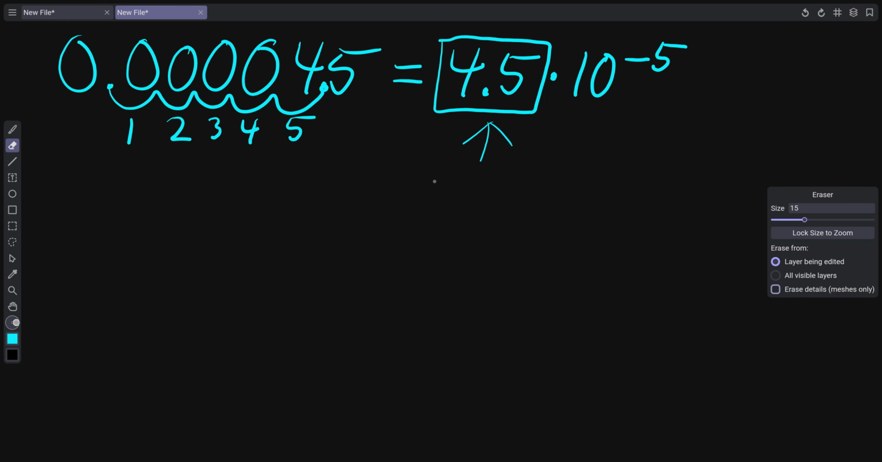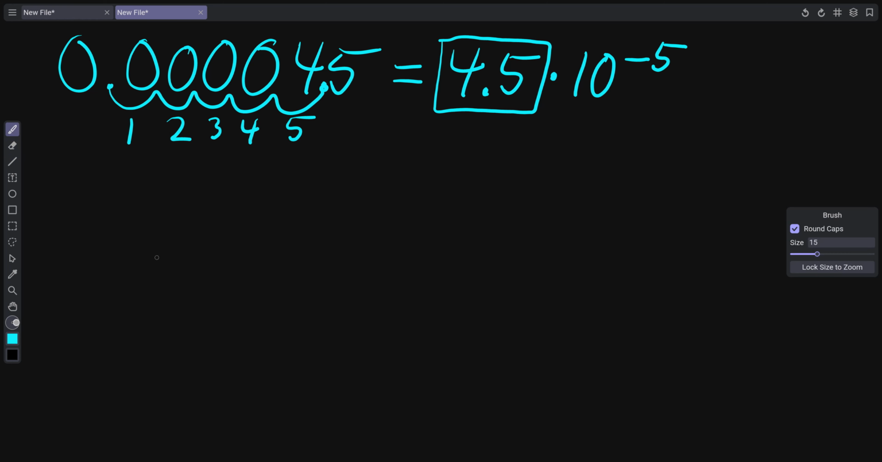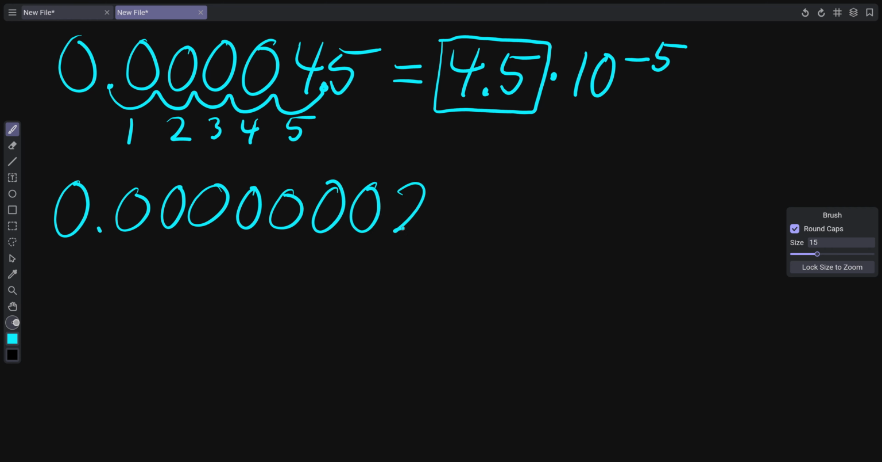I'll do one more example for you. Hopefully it will help you understand better if you're still struggling. Let's say we had something like 0.000000023. So we have a lot of zeros here. We want to convert this to scientific notation. I'm going to move this decimal place 1, 2, 3, 4, 5, 6, 7, 8 hops to the right. I'm going to leave it here between the 2 and the 3,